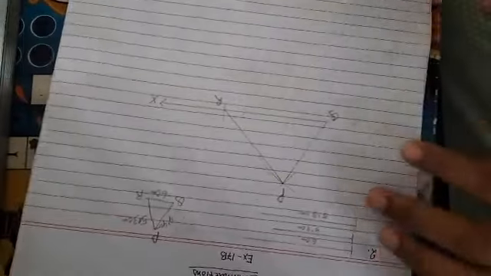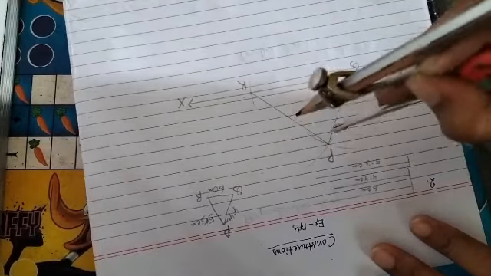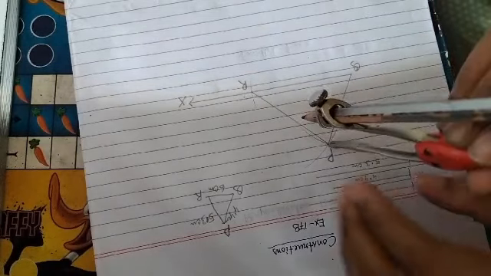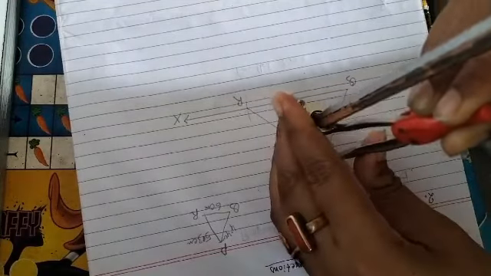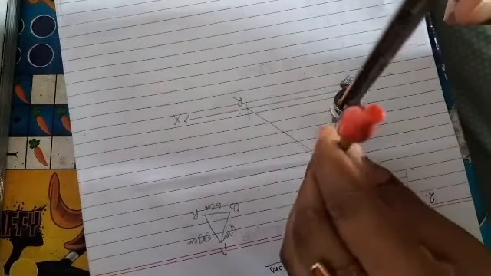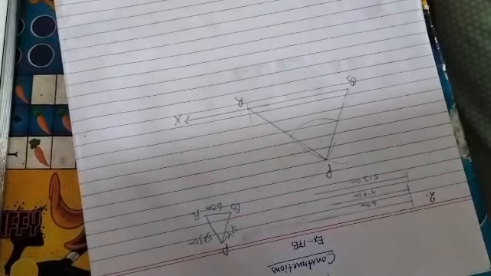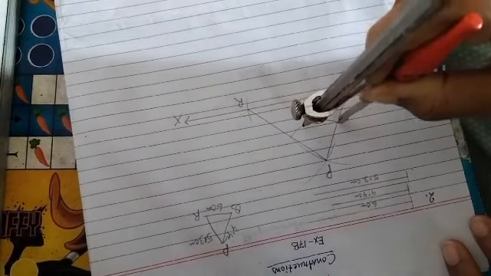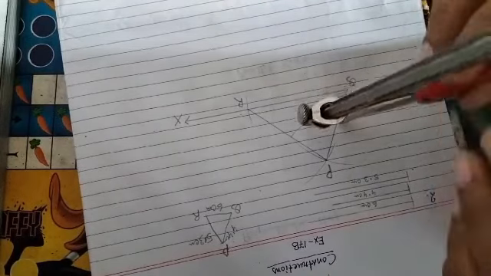This is point P. Any radius I am taking, then more than half radius we have to take. More than half radius I have taken. Then I am cutting an arc